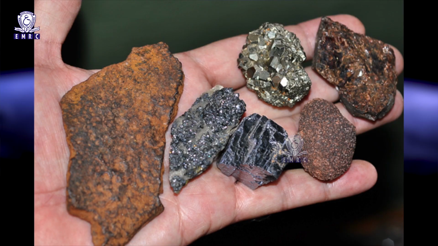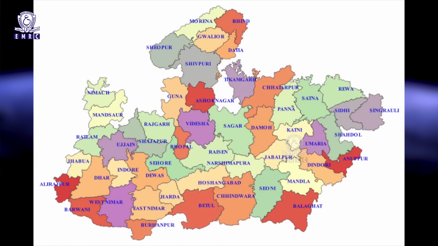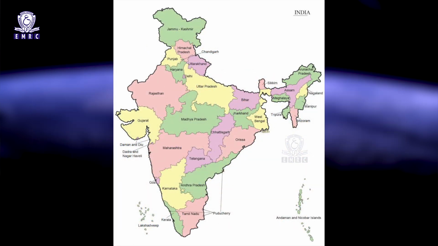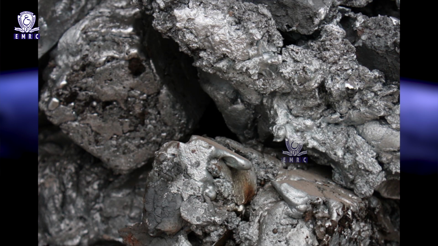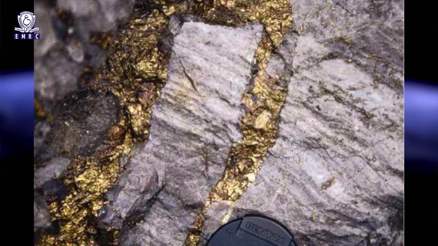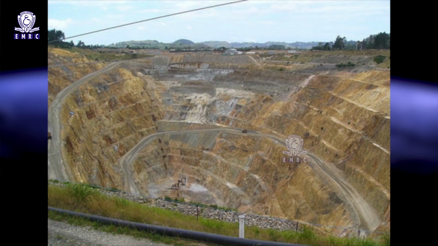Rocks formed in this era are rich in metallic minerals. Iron ore bearing rocks in parts of Madhya Pradesh, Bihar, Orissa, Karnataka, and lead and zinc bearing rocks in parts of Rajasthan belong to this era. Besides, gold bearing rock formations in the form of schist near Kolar in Karnataka are also a part of the Archaeozoic era. Rocks like khondalites and charnockites found in Visakhapatnam and Vizianagaram in the Eastern Ghats are a part of this